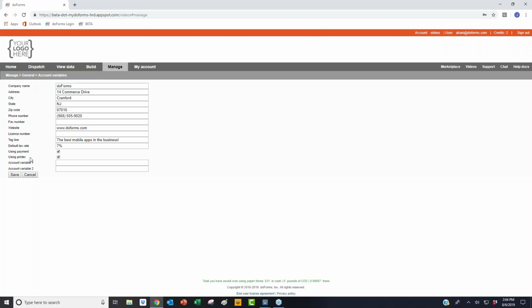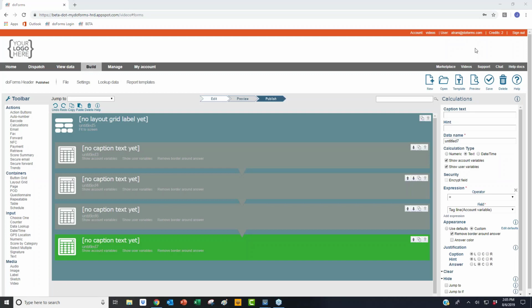So instead of building your forms when you don't have these things, you can set them up as variables and basically set it up in your form to where the form can decipher if you have these things ready to go or not. What I mean by that is, since I have it checked, meaning yes, I am going to be using a mobile payment or a mobile printer, inside of my calculation, it's going to return if I point to one of these variables, which I'm actually going to open up a form I have here